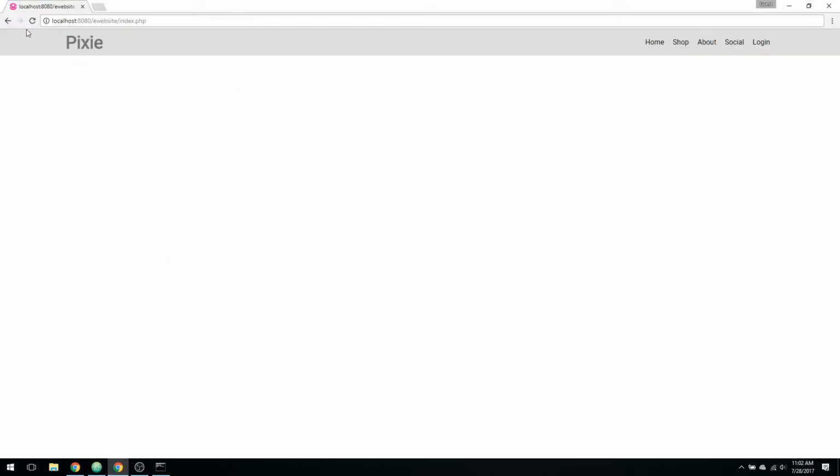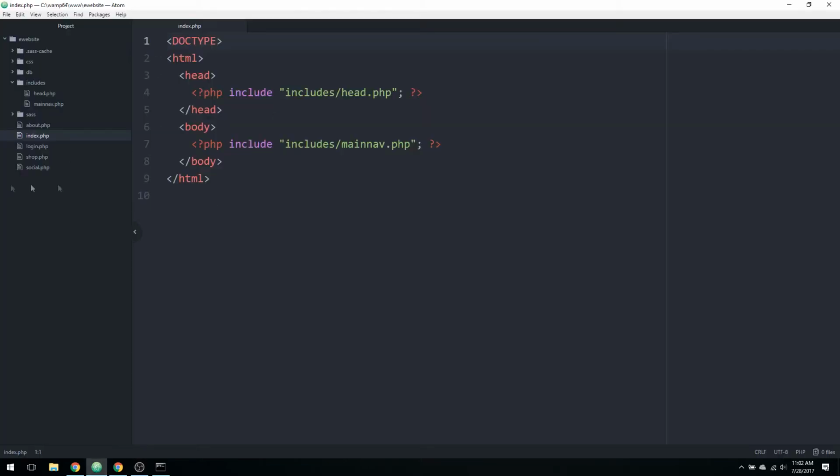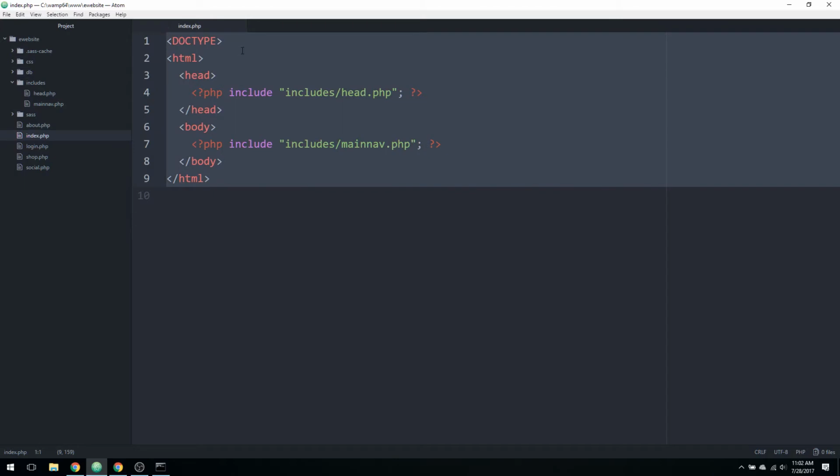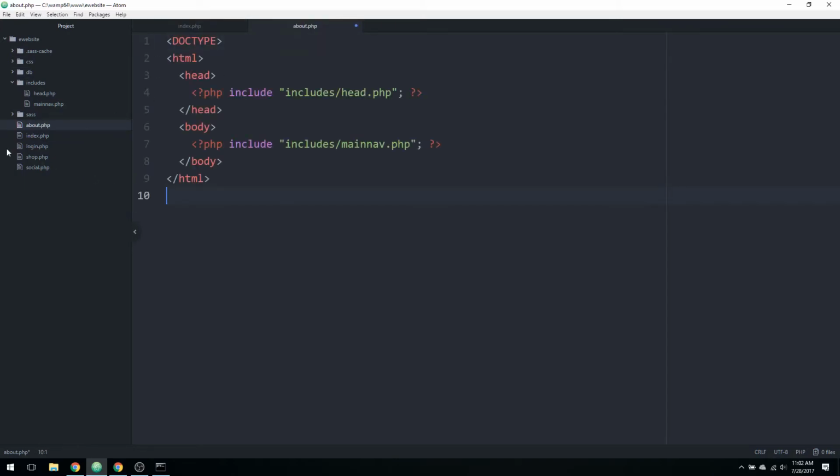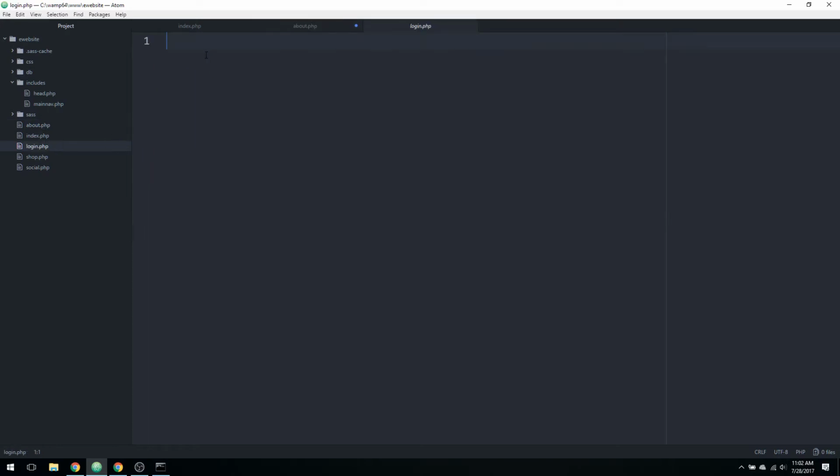I think we're pretty much done with that. I don't know, I might add like a box shadow to the bottom of it. But other than that, I think that's done. So now I'm going to copy and paste this and put it on the rest of the pages so that everything's consistent. So let's do that,